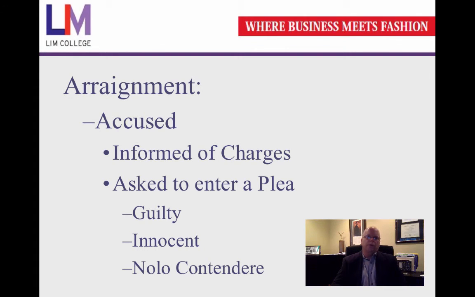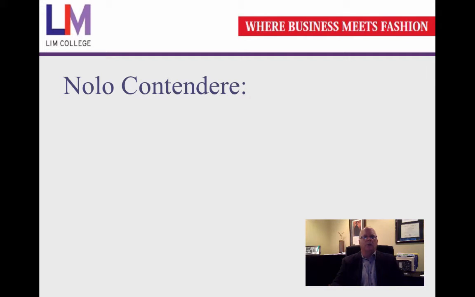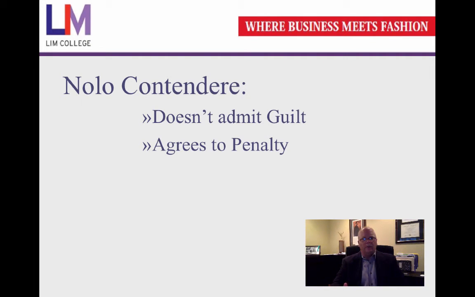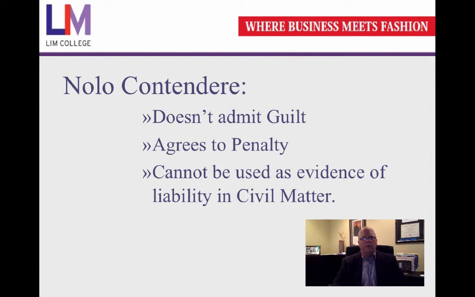The third form of plea is nolo contendere. That means that you're not saying that you're guilty, but the state has a lot of evidence, and it's just easier to plea out. Nolo contendere means just that you don't admit guilt, but you agree to the penalty. And the reason people do this is because a plea of nolo contendere cannot be used as evidence of liability